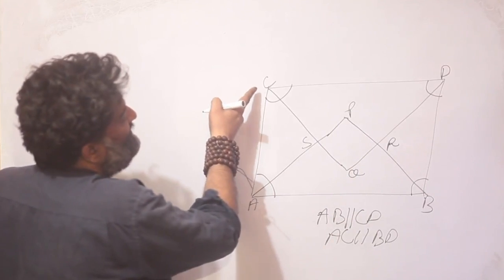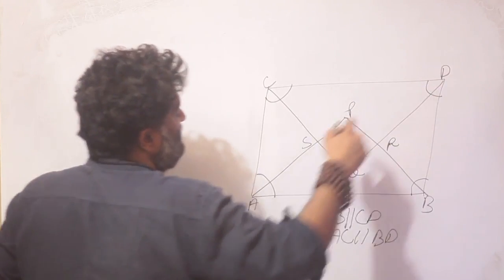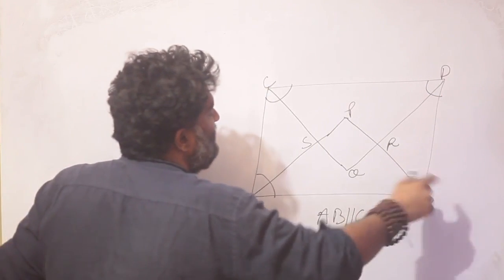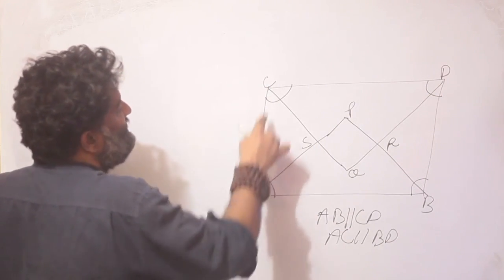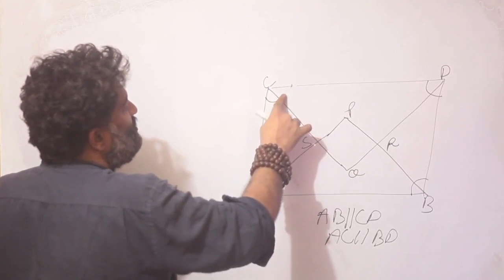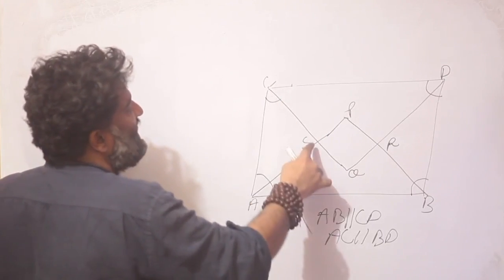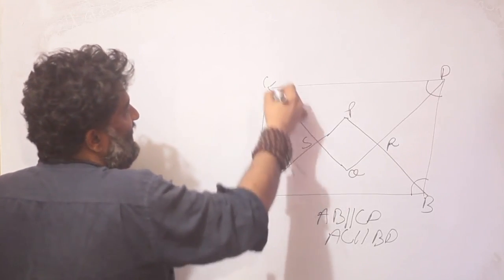And it is given to me that CS is the angle bisector for angle ACD. Similarly, AS is the angle bisector for angle CAD. So let me now focus for a minute on triangle ACS. That means I want to forget everything else. I am focusing on triangle ACS. Now this angle ACS,